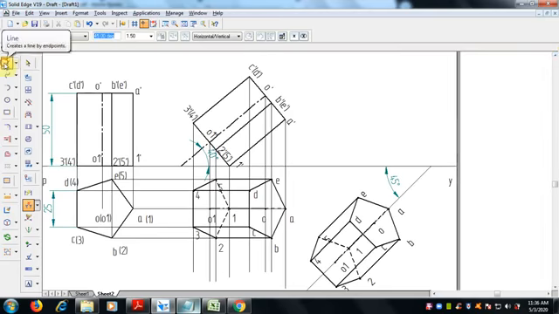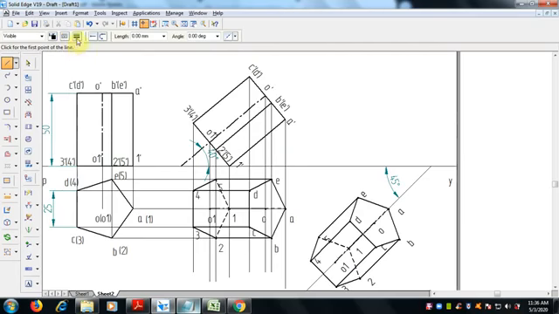Now draw the projector lines, select thickness 0.13, here A, project lines.